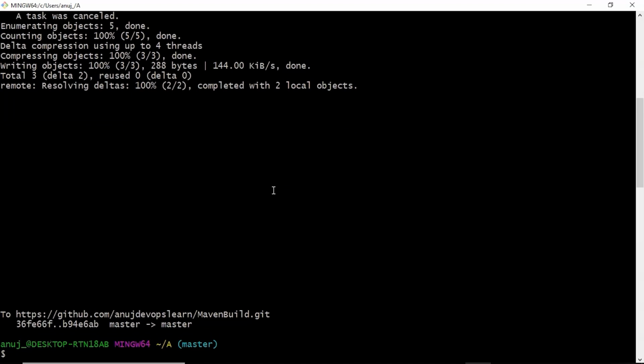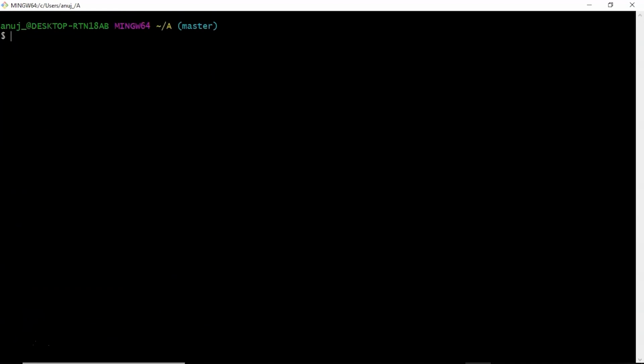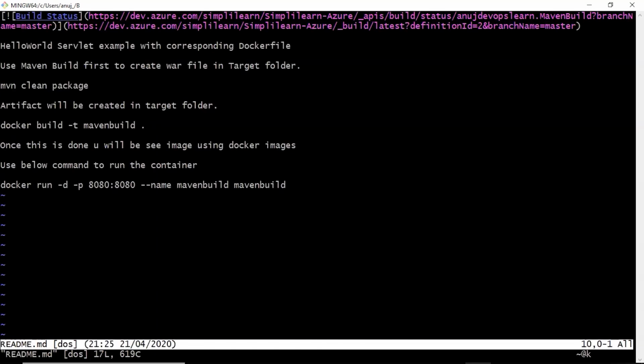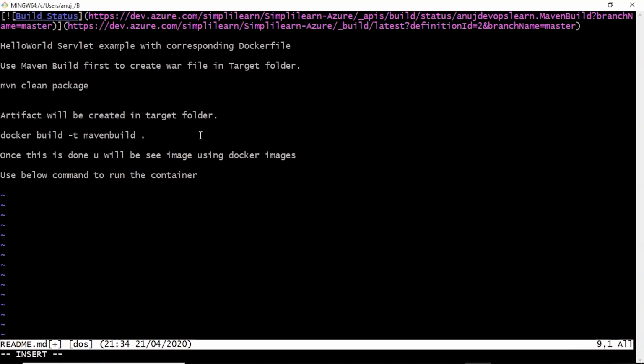Now since my repository A is done, what I can do is go back to the directory. Now we can go back to the B repository, and in this case also I'm going to do some modifications. For instance, I'm making changes to the readme file. In this case I'm trying to delete the last line, and a couple of modifications I want to do over here, like adding data from repo,